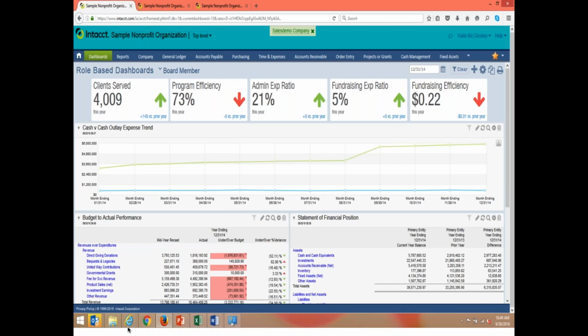So now this one here is an example of a board member dashboard. We actually have organizations that have really created dashboards that are real-time and allow their board members and their CPAs to go in and get snapshot views of the important information that the board member is looking for. So, of course, the board members are looking for key information like what we were talking about, the program efficiency, the admin expense, is it 15%, is it 20%, how fundraising is doing, and more basic kinds of statements,